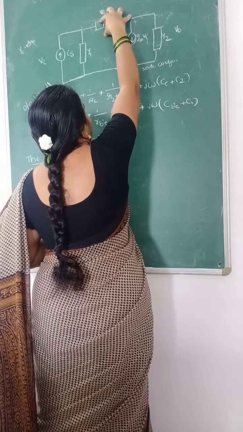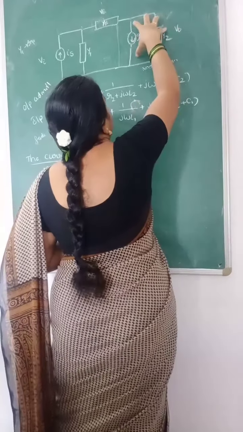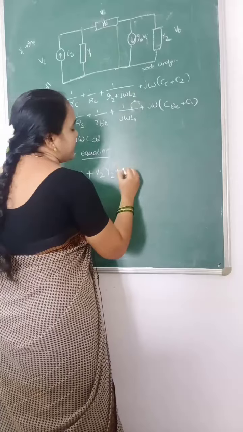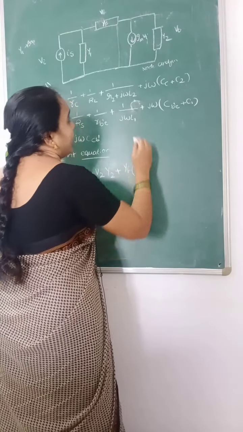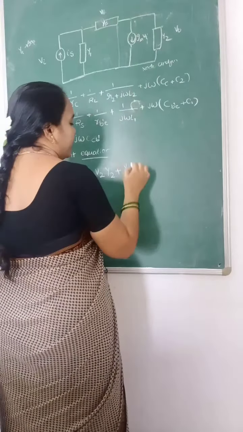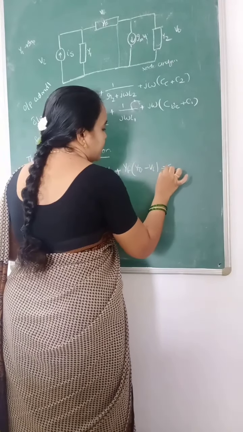So due to that voltage there is some voltage drop across this closed circuit. So that effect is here the admittance is Yf, voltage is the difference between the output voltage and the input voltage, that is V0 minus Vi is equal to